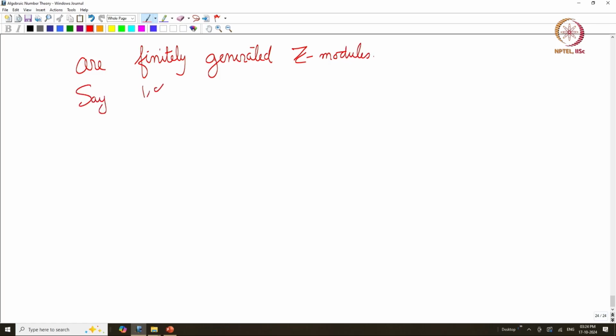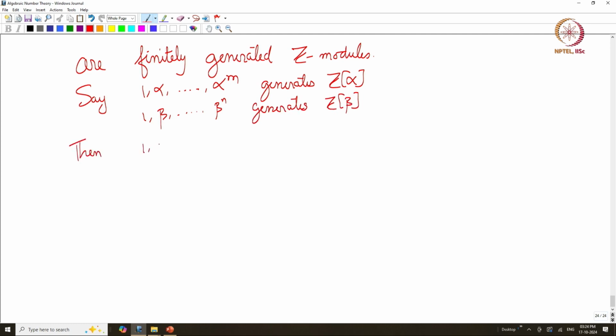Say 1, alpha, up to alpha to the m generates Z[alpha], and 1, beta, up to beta to the n generates Z[beta], then it is clear that 1, alpha, alpha squared, up to alpha to the m, beta, beta alpha, and so on, up to beta to the n, beta to the n alpha, and so on up to beta to the n alpha to the m,